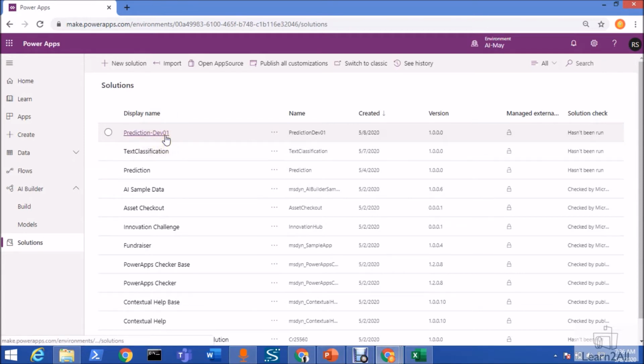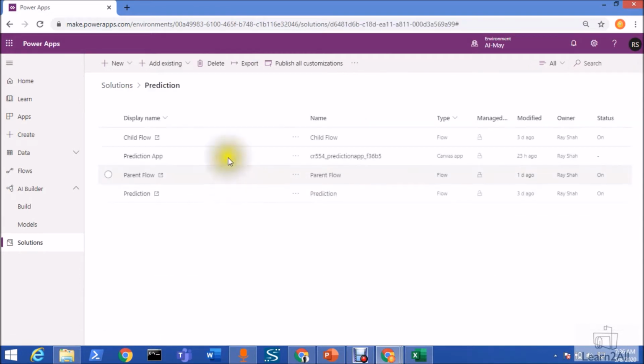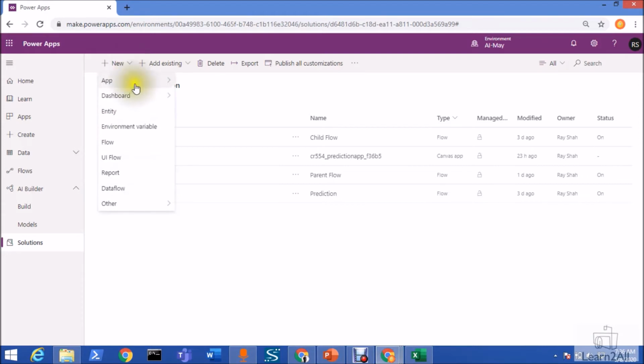Now to make the process simpler, I already created one solution. I'm opening that solution. Now inside this solution, you need to create your flows and Power Apps. So to create the Power App inside this solution, just click on new, click on app, click on Canvas app, click on tablet form factor.